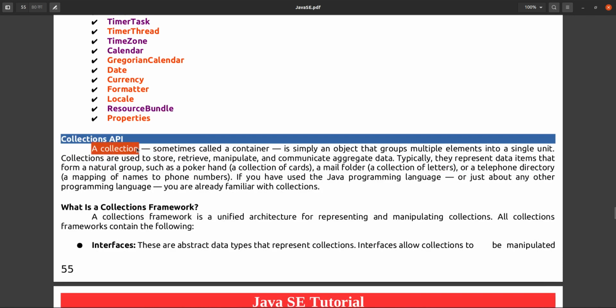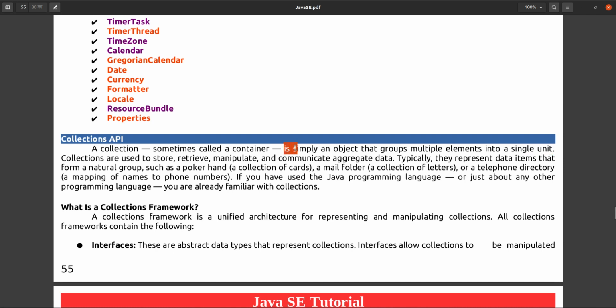A collection API is sometimes called a container. Container for what? Of similar multiple objects, a group of similar multiple objects in a single unit.